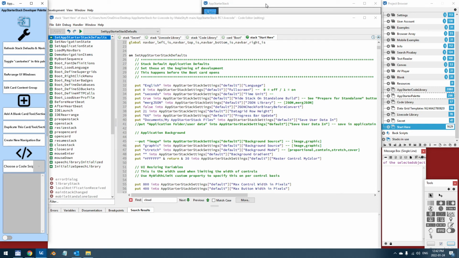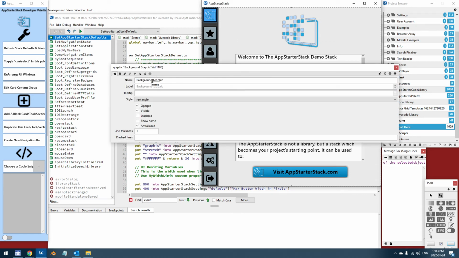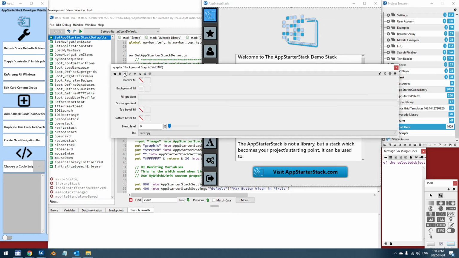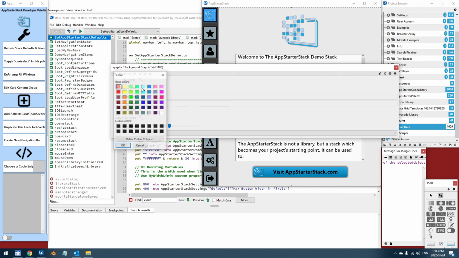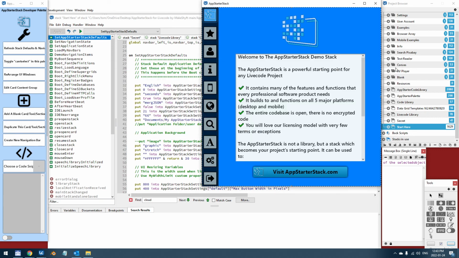And you will see that the image is gone and a graphic appears instead. This update takes a couple of seconds because it does a lot. So that's it. The image is gone, and this is now the background graphic. So you can go and change its color to be blue if you want. So that's one example